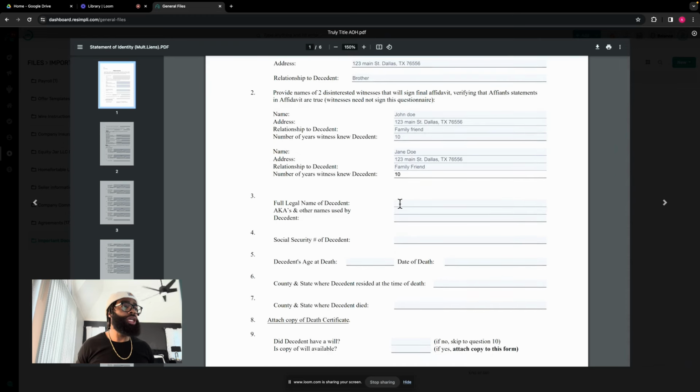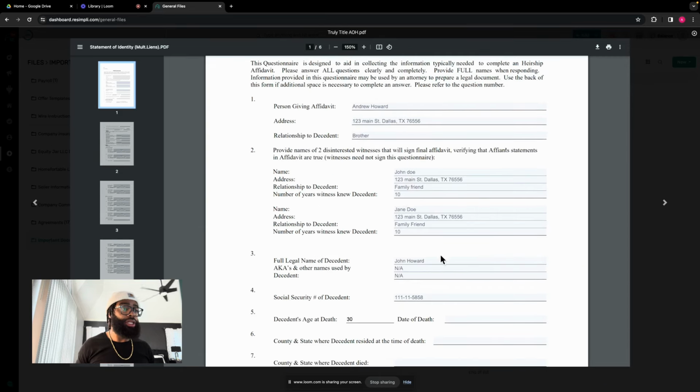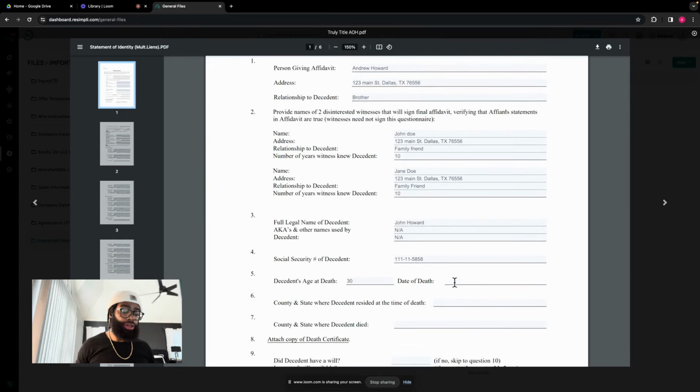So, full legal name of decedent. This is the person who died. So I'm not going to put my real brother's name. I'm going to call him John as well, okay? So John Howard, my brother, had no other aliases or AKAs, all right? So I'm going to put the social security number of my brother, the person who died, all right? His age at death, we'll just say he was 30. And then the date of his death, we'll put today's date,